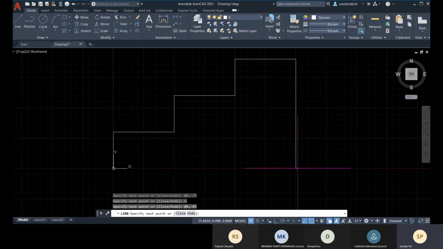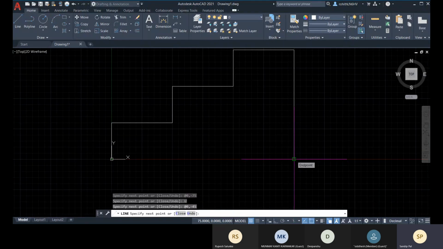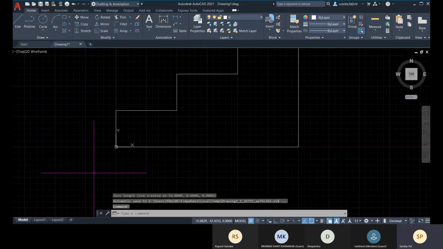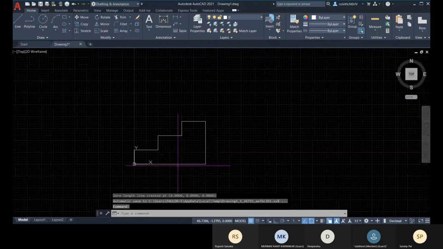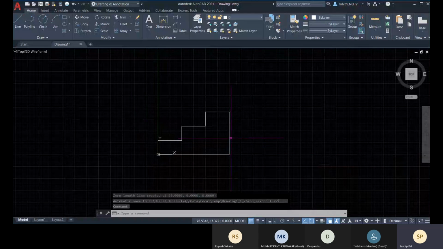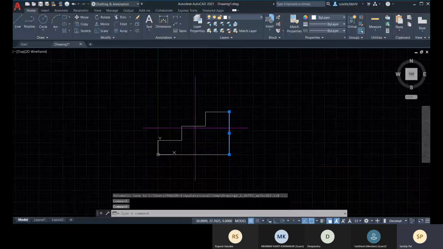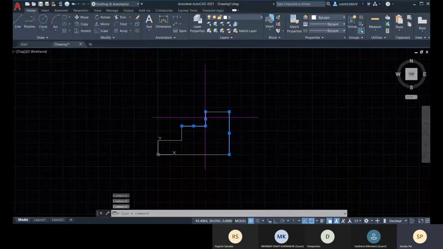If I want to place the point at this distance, it will be calculated from this point. So what will be the value? @-75,0, enter, and there you have it, you can close. This is how your relative Cartesian system works.